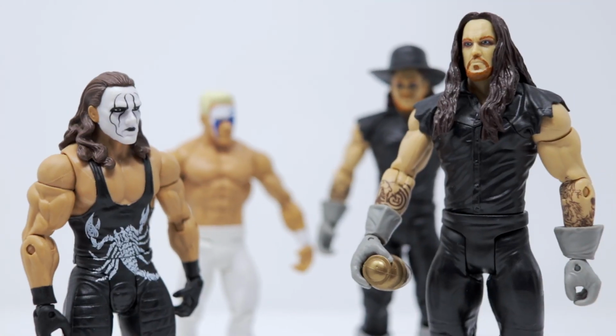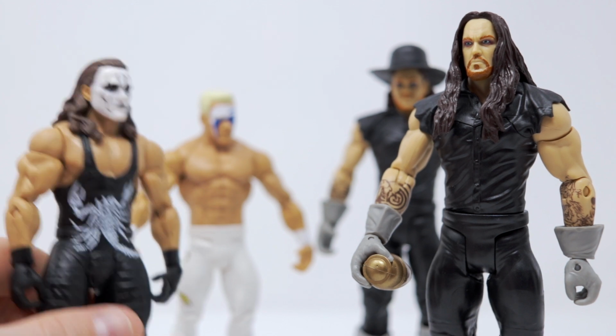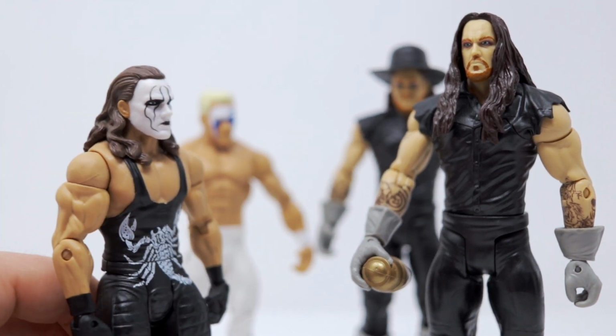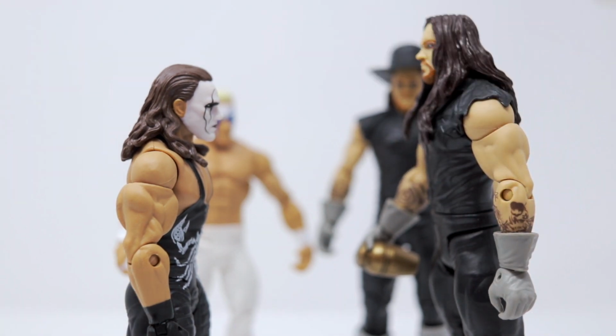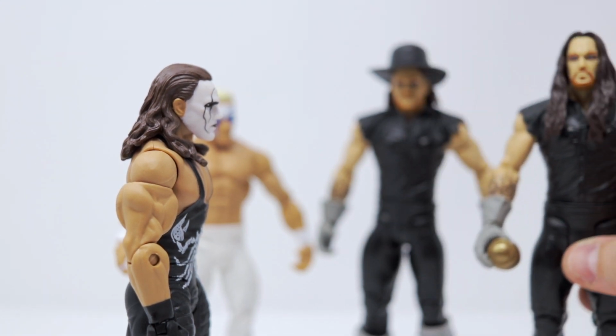So we have Sting in his 1998 wrestling attire from the WWE Series 68.5. This is obviously the version of the Sting and Undertaker matchup that everybody wanted to see. Sting in his prime, Undertaker in his prime, Deadman versus the Stinger. This is what everybody wanted to see. Unfortunately, like I said before, didn't really ever get to pan out that way, but thanks to the beauty of action figures, you can pretend and you can have your own Deadman versus Sting matchups. But again, side-by-side comparison,